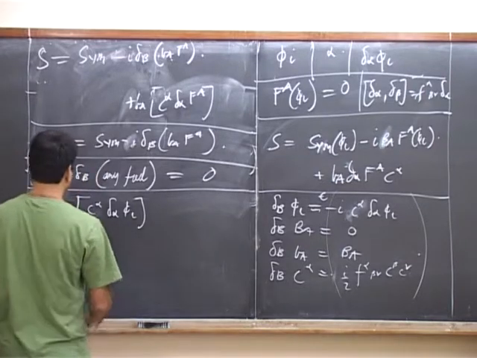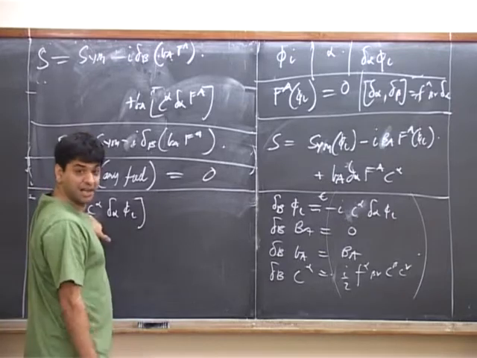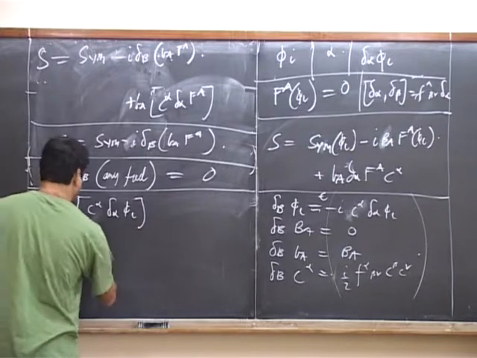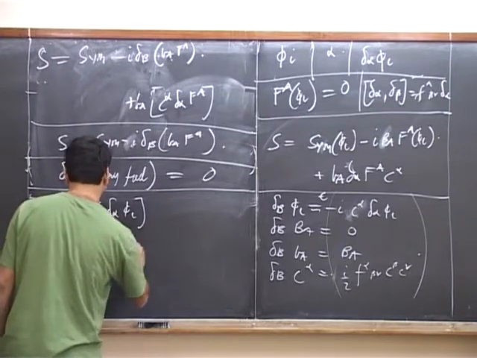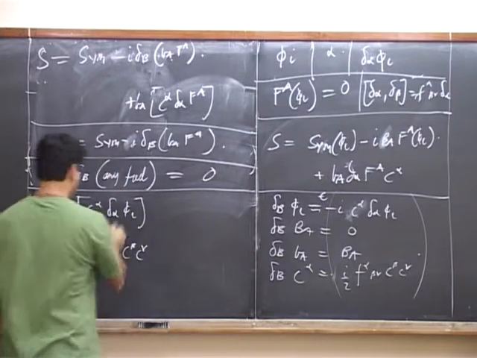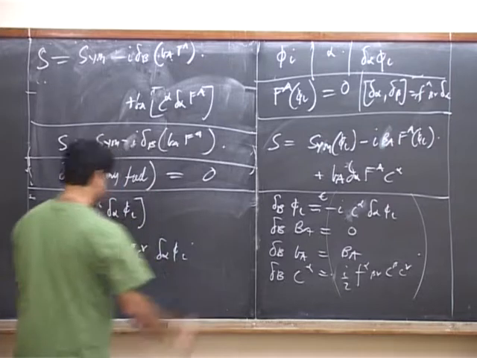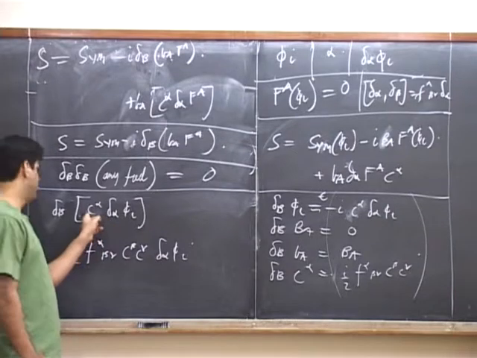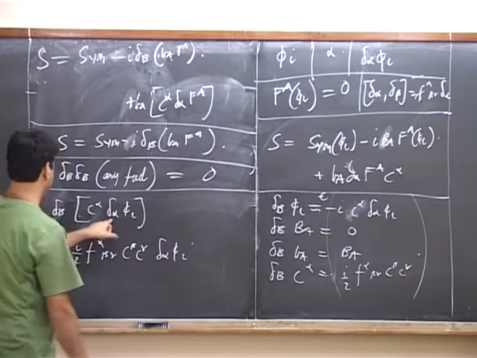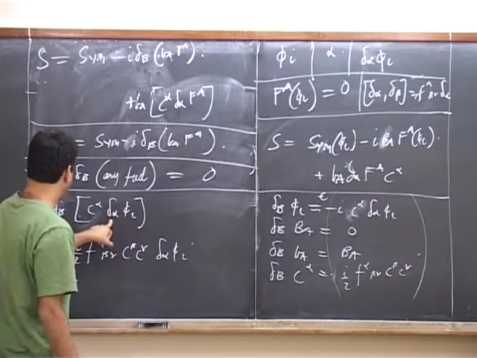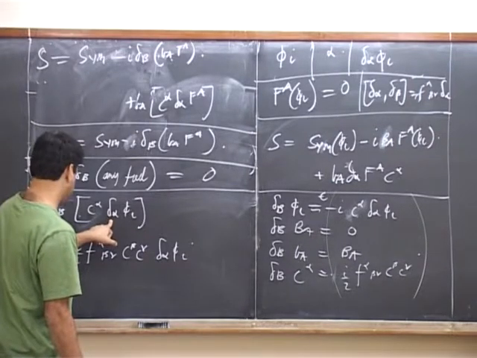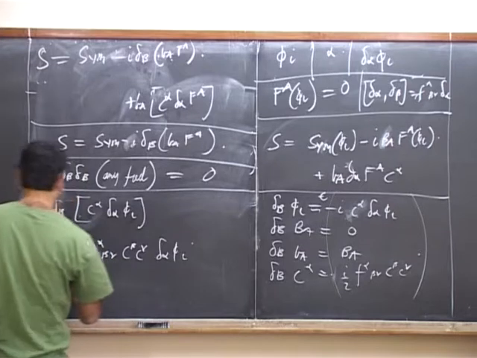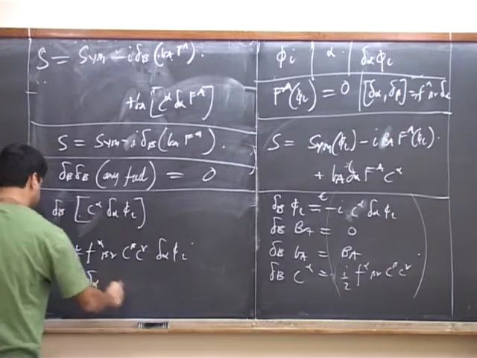The first term comes from the change in C alpha, which is I by 2 F alpha beta gamma C beta C gamma, and then you multiply by delta alpha. The second term, where we pick up a minus sign because we go through an anti-commuting object, and then we perform the BRST variation of phi I. So we get minus delta alpha of